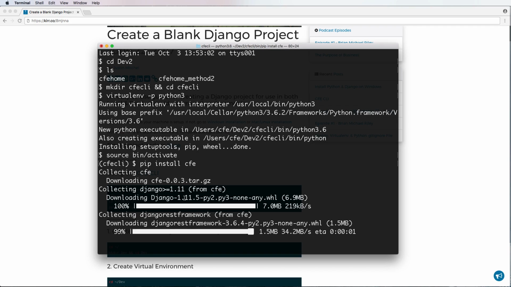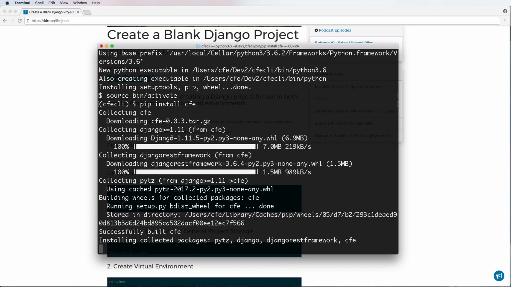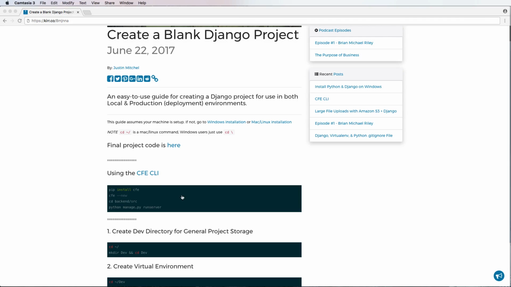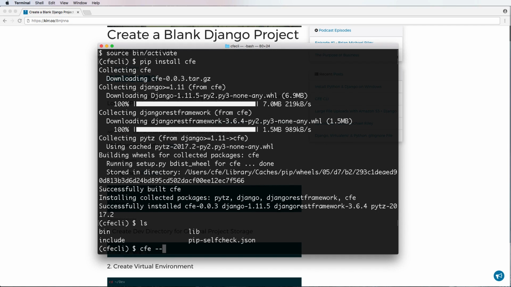And depending on what version of Django we have on here, it's going to come up. It goes to the latest version of Django. I didn't actually show you how to upgrade it in the last part, so you can actually do pip install Django and then whichever version you want. So we did 11.3, but you can also just upgrade it to the latest version as well. Okay, so we've got the CFE command line interface, and all I really have to do here is do cfe --new,